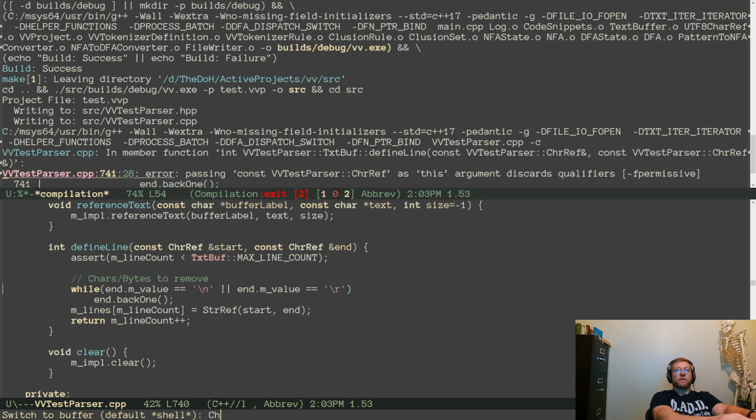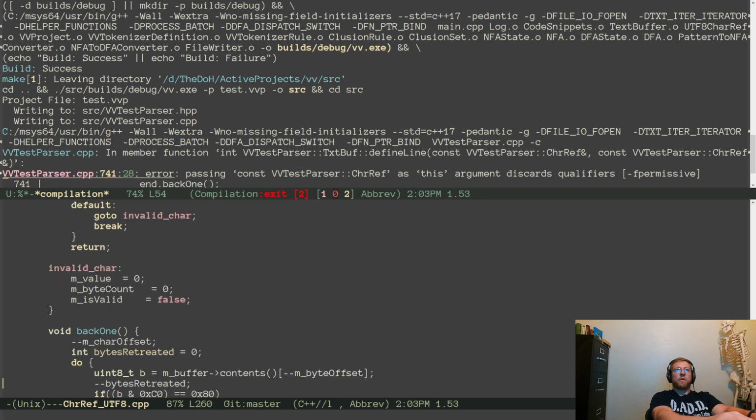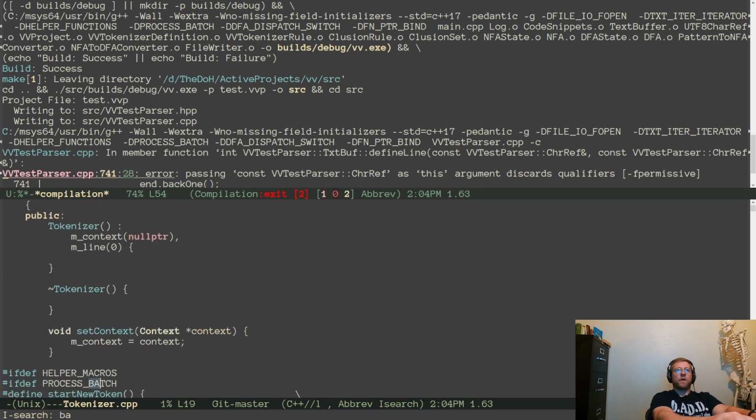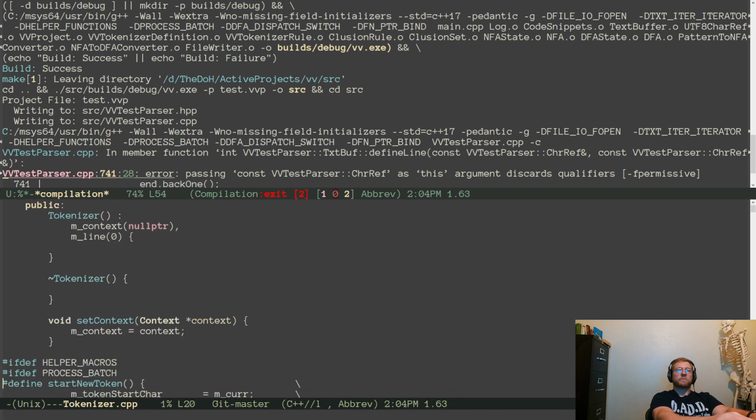Let's see here. Char F. Whenever we would back one is in the Tokenizer. Oh no. TxtBuf.